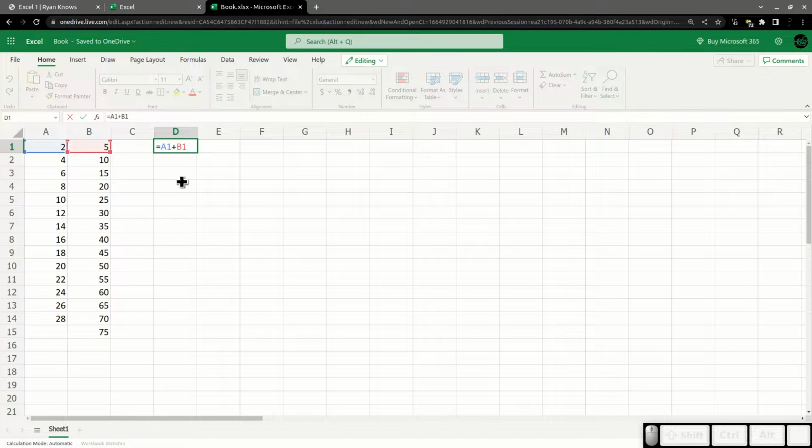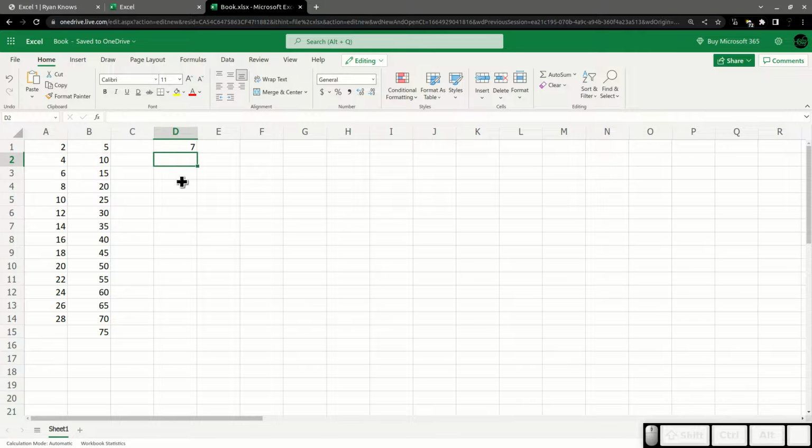Now that I've done that, I'm going to hit enter, and boom, changes to 7, which is the total of 2 and 5, right? Add those together. And now, just like I did before, if I go in and change these, changes to a 9 again. Now that updates in real time, right? And so this is our first step into what is ultimately the real power of Excel. Is the way any cell can reference any other cell, which means you can display a copy of that information if you need to, but you can combine the information together.